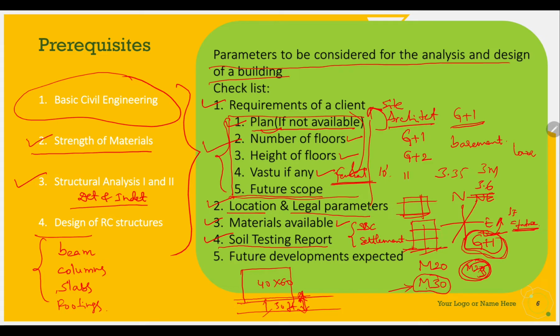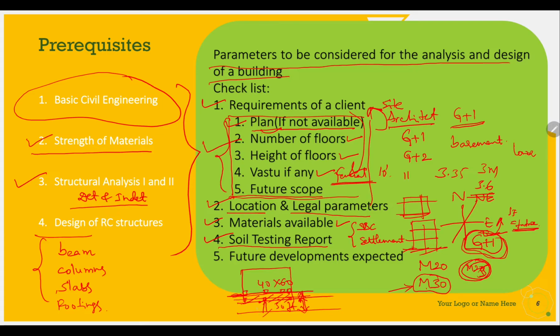Even if you are constructing columns here, you should provide the columns after the offset where we are expecting. Say I have 450 by 450 columns here. If I provide a 450 by 450 column, and I have a 200 by 600 or 200 by 450 column here, if the road gets expanded, it is easy to destroy or demolish this.